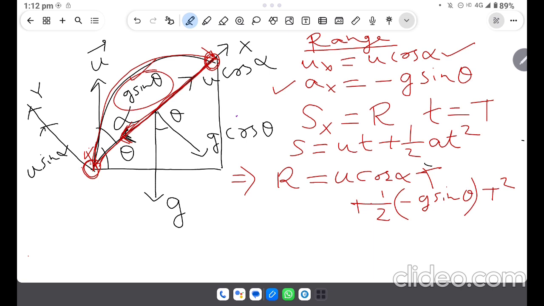From this, we will put in the value of capital T. So u cos alpha multiplied by capital T, which is 2u sin alpha by g cos theta,